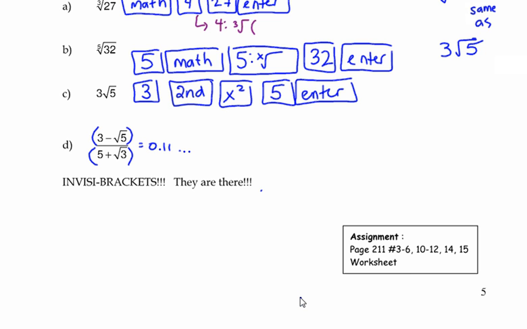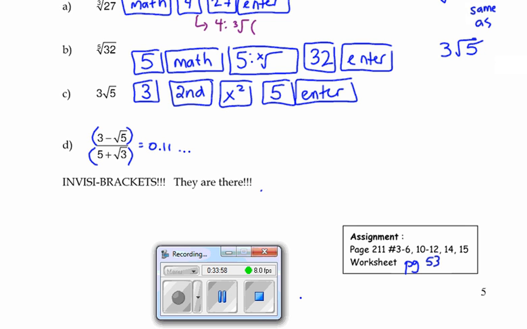The answers are on the next page. So page 53 in your workbook, and then page 211 right there. So it's really going to be just classifying numbers, getting used to those definitions, okay, and typing things in. Yeah, 211, these numbers, and the worksheet on page 53. It's not that bad. I would do the worksheet first, but it's your call. Okay, the worksheet's right there. It's already open. You may as well get it started. And the answers are on the next page. So if you flip the page over, page 54 in your workbook, the answers are there. Okay, it shows you what they're expecting. What about